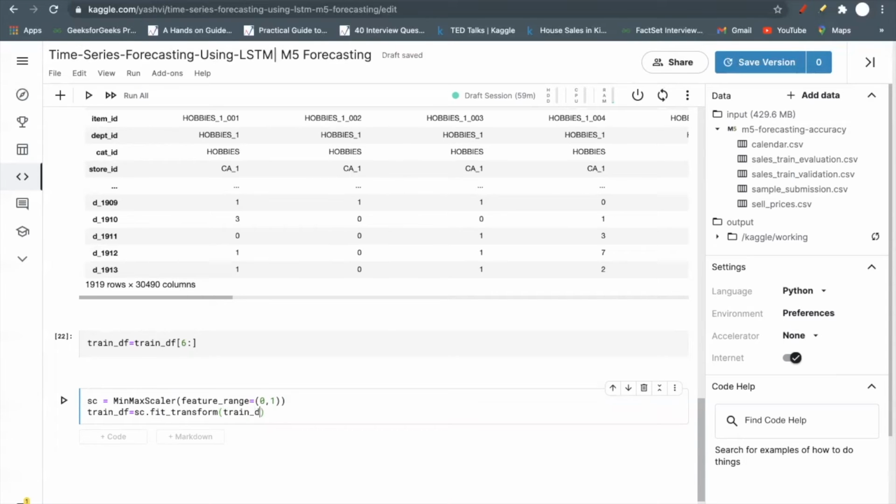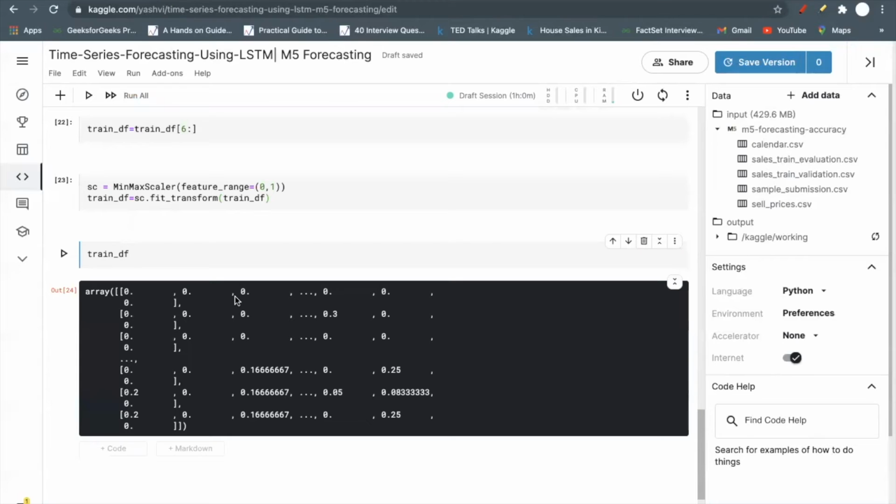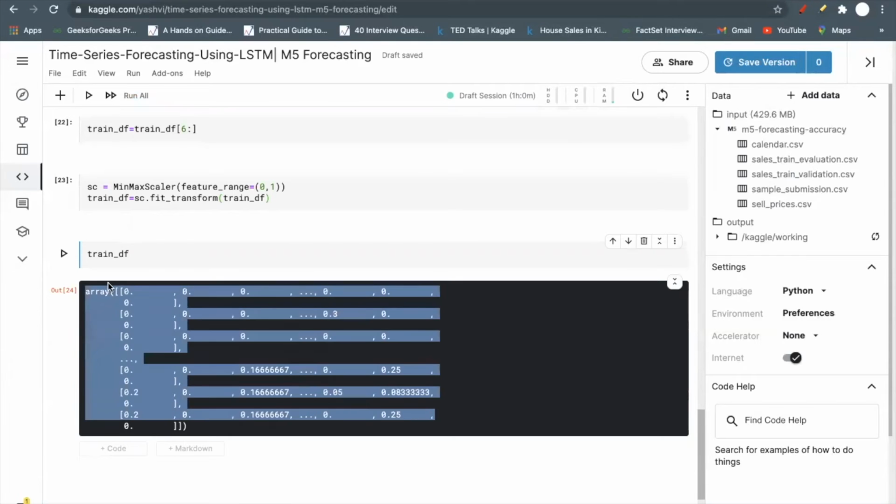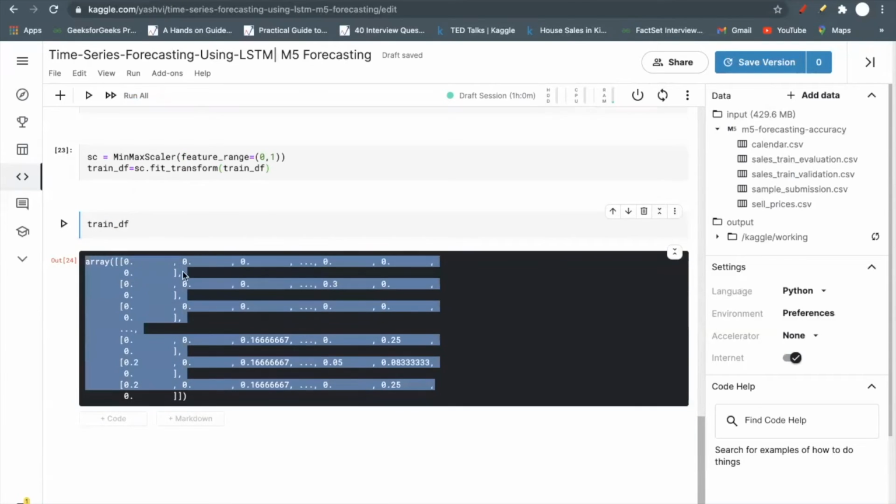You can see now all the values are converted between 0 and 1.